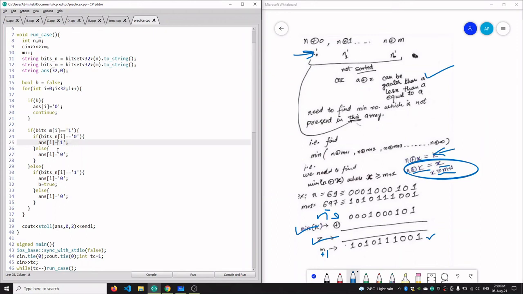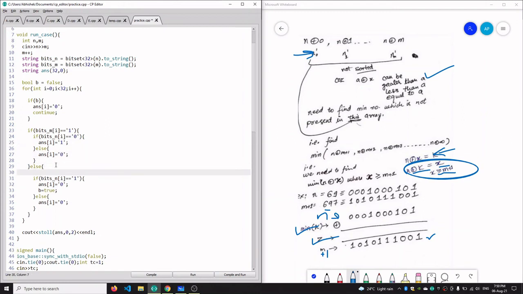Similarly, if there is 0, then our answer's ith bit will also be equal to 0, and in our else condition we have m's bit equal to 0.